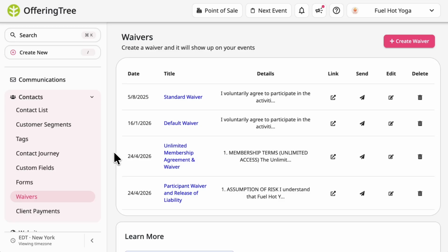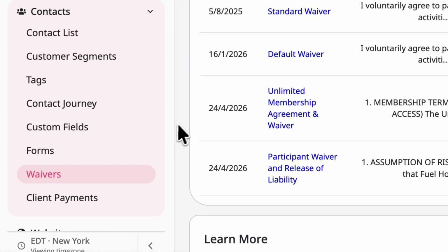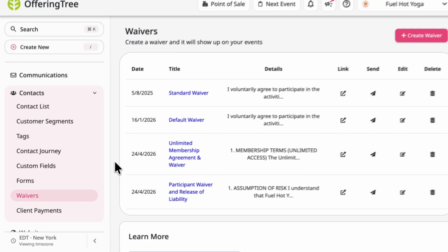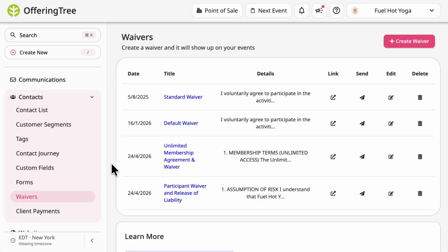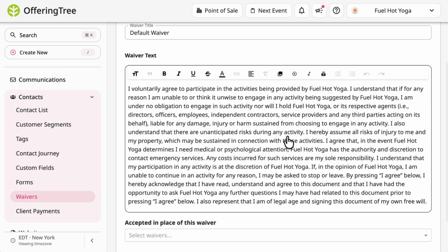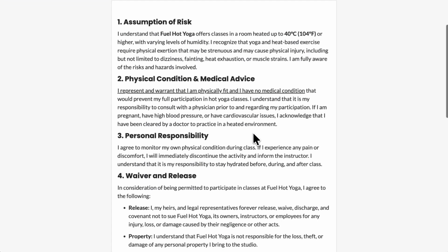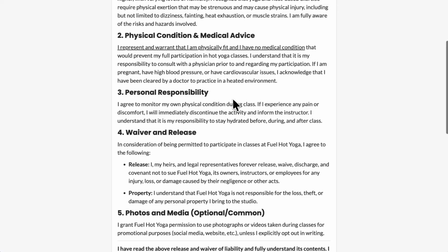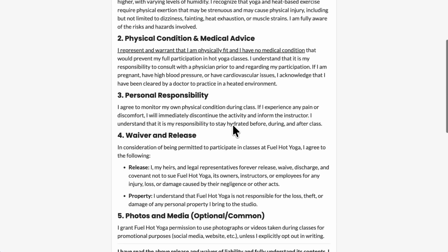With Offering Tree, you're able to create waivers that you can attach to events, appointments, memberships, packages, and more. Simply head over to Waivers under Contact and click on Create Waiver. We already give you a standard waiver template with a few details that you can add and change, but you have the option to create your own waiver and use rich text editing to make it easier for your clients